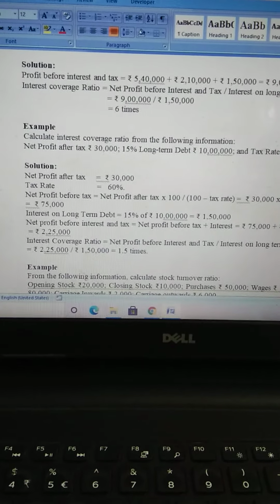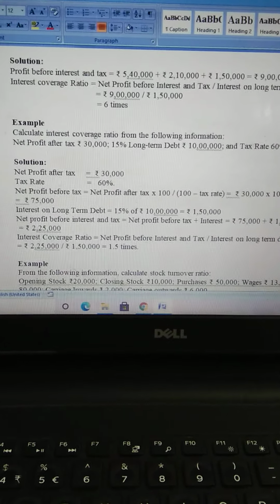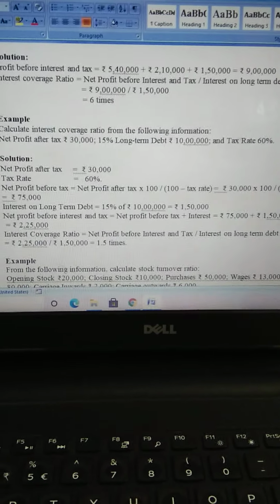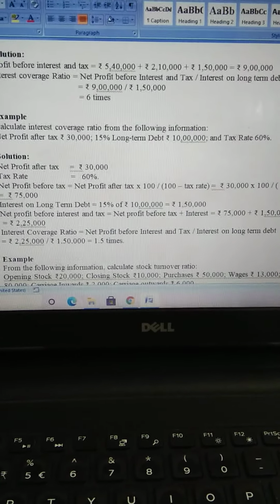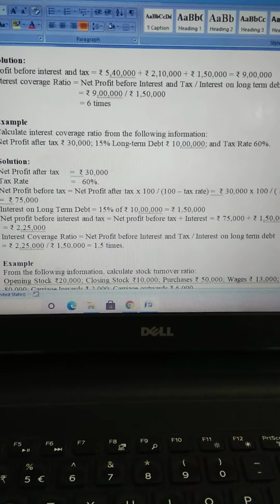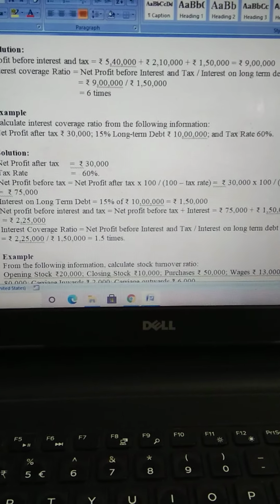Net profit after tax 30,000, 15% long term debt 10 lakhs and tax rate 60%. Net profit after tax is equal to 30,000, tax rate is 60%. That's why net profit before tax will be 75,000. Why? Because we have calculated, that means